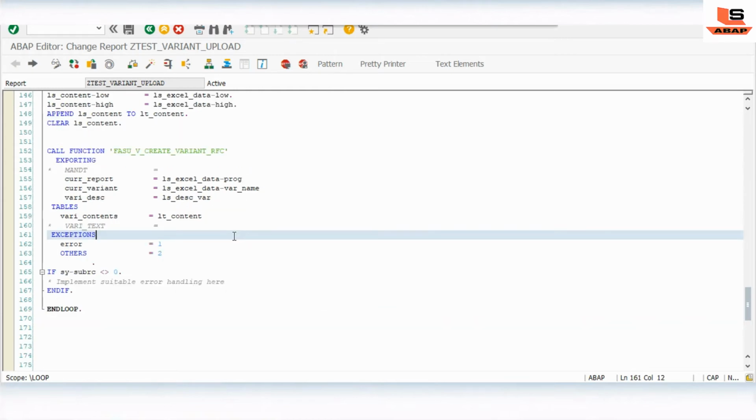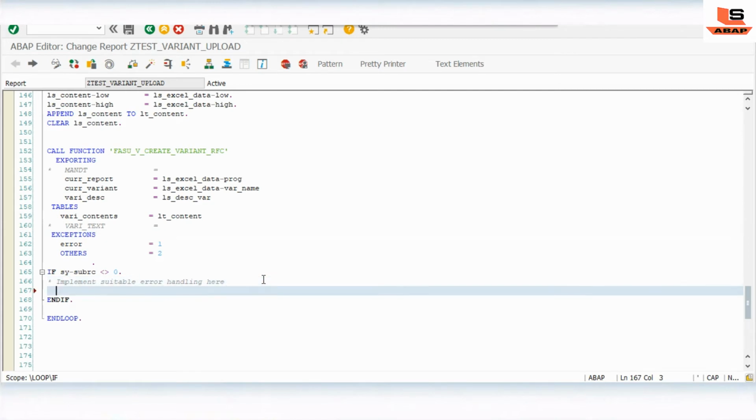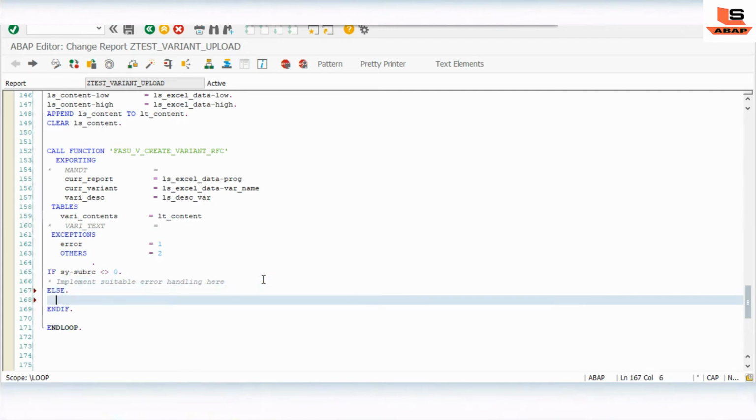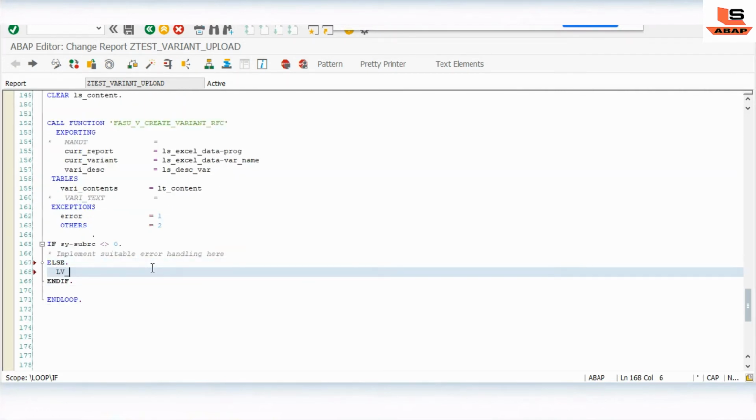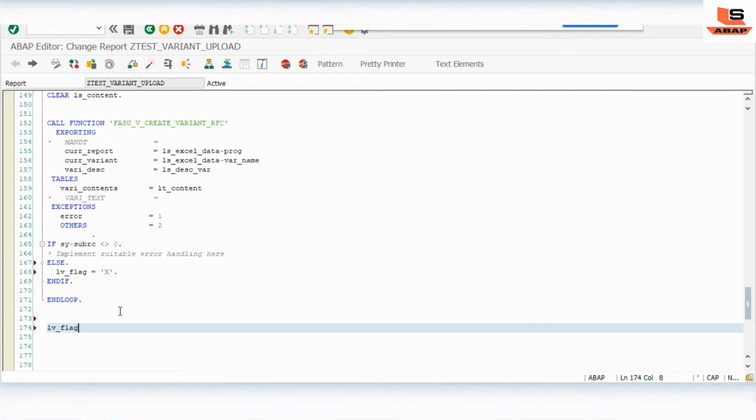So now we are almost done with our coding part. Okay, so I suppose else we are writing right. So now what we will do here, we'll just define flag, lv flag equal to x, in order to identify that the process is executed fine. This is not required, but I'm just writing.